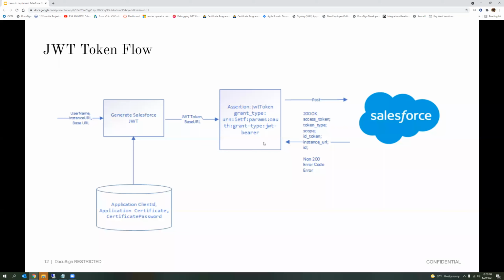Not only this, as I was talking about communities, it will also give you the community URL and the community instance if you want to have the given user in a certain community. So you can use the access token to log directly into those communities and perform operations on them. Not only this, if something goes wrong, which a lot of times it does, it gives you a very specific error code and good error information.